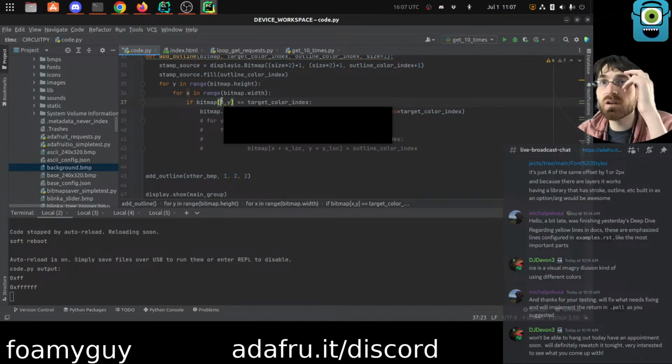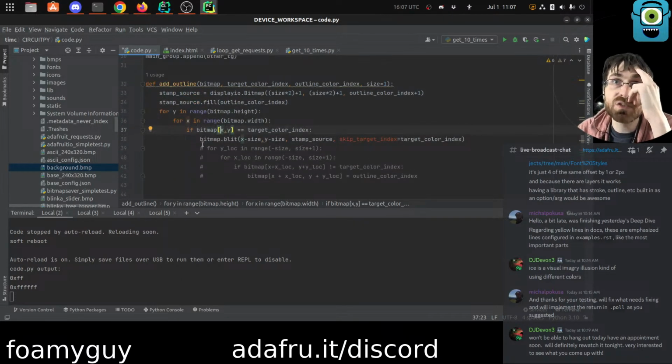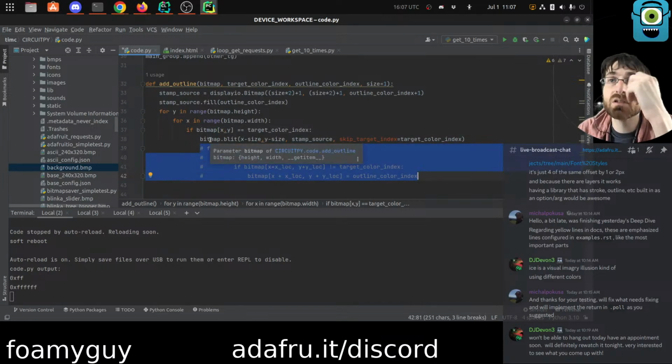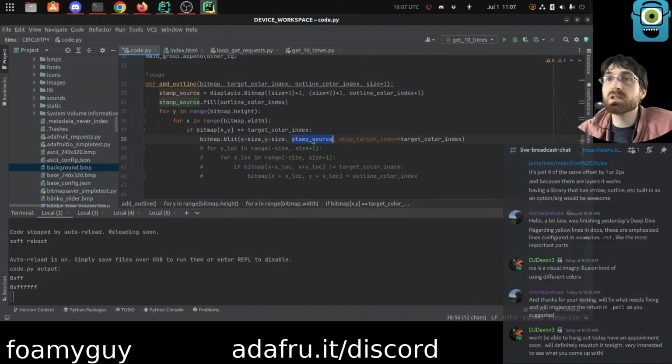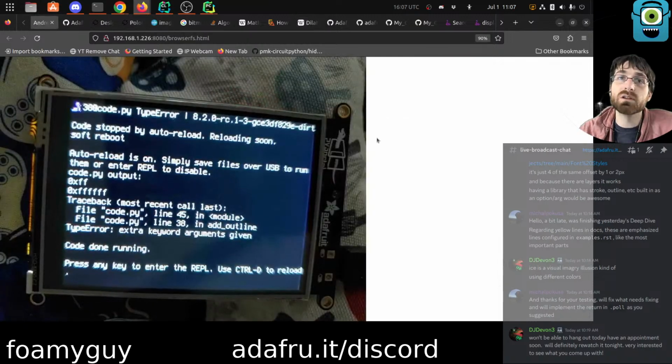Still looping over our pixels in the main bitmap, but instead of looping over the surrounding pixels now, we are calling blit, stamp in the stamp source, our new skip target functionality. So visually, it should actually end up looking the same. But